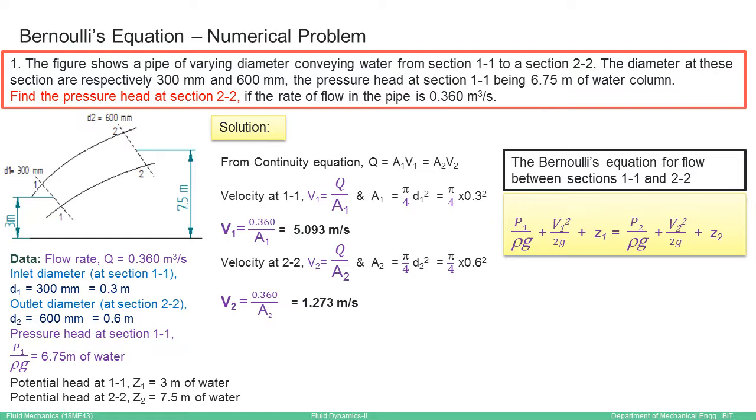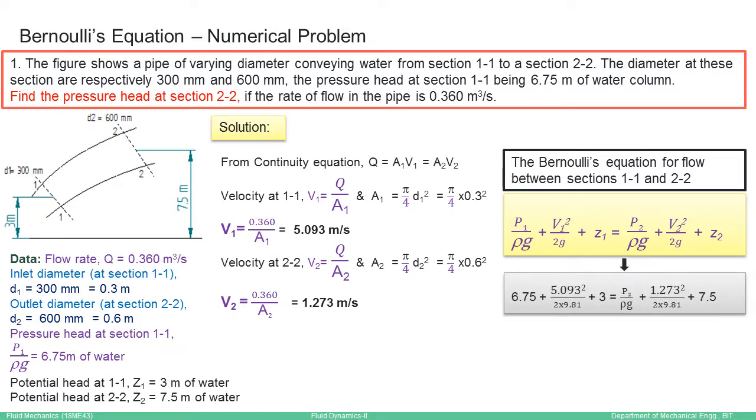So V2 becomes 1.273 meter per second. Remember, since we are dealing with incompressible fluid most of the time in this chapter, if the flow is through a diverging section, where the inlet is smaller than the outlet, then the velocity decreases because flow rate Q is equal to A1 V1 is equal to A2 V2. We can see that in a diverging flow, velocity decreases during its flow, whereas in converging flow, as in the case of a convergent nozzle, the velocity increases.